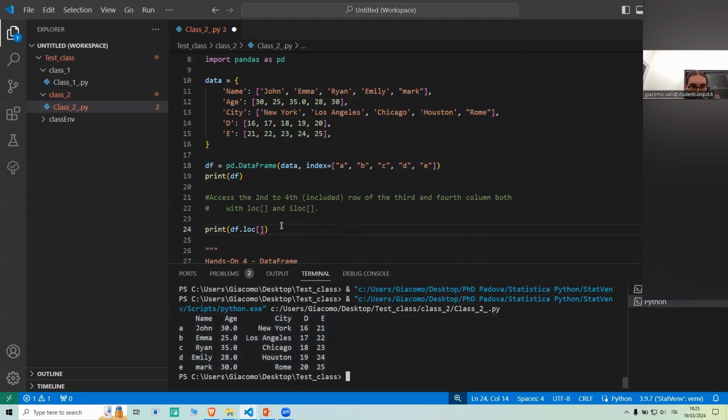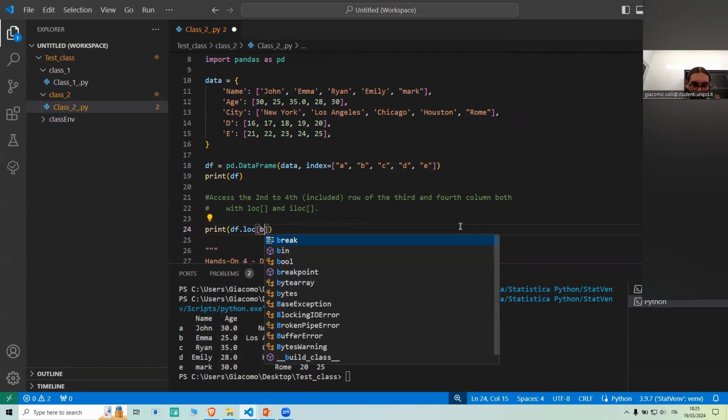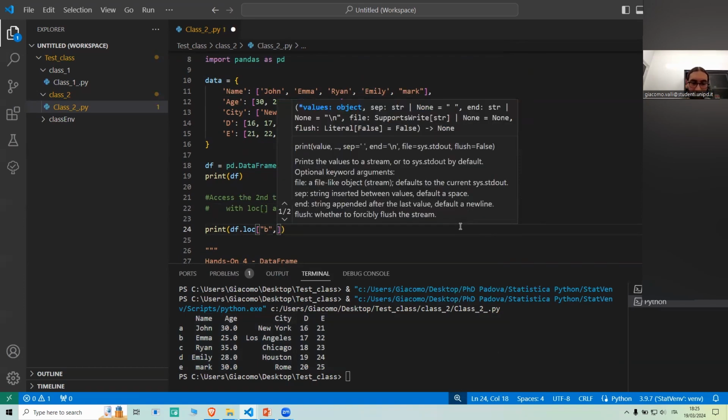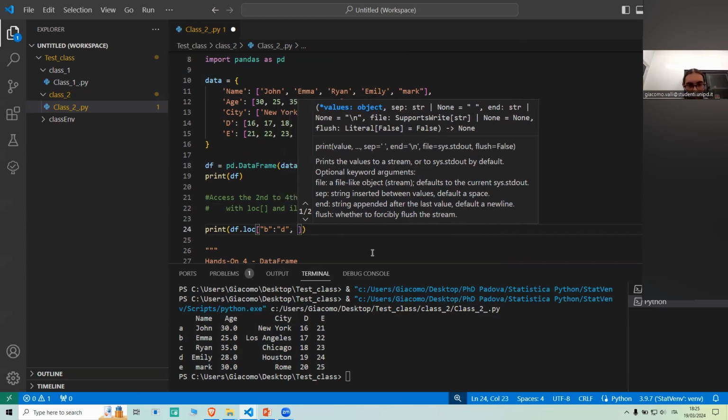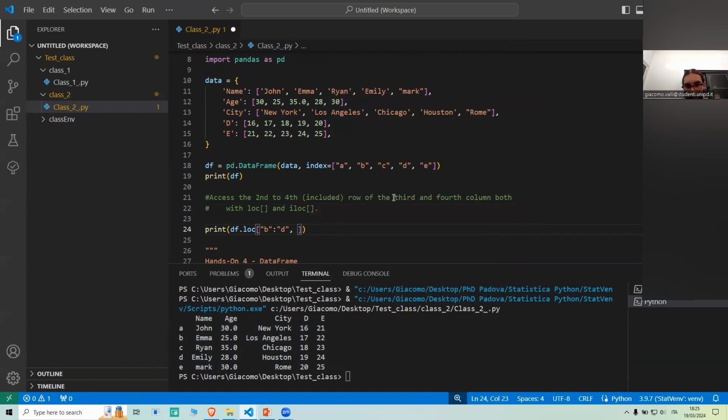So in this case, my second, second is B. So I want row B to fourth, D, rows. Then the columns, I want third and fourth column. So third and fourth